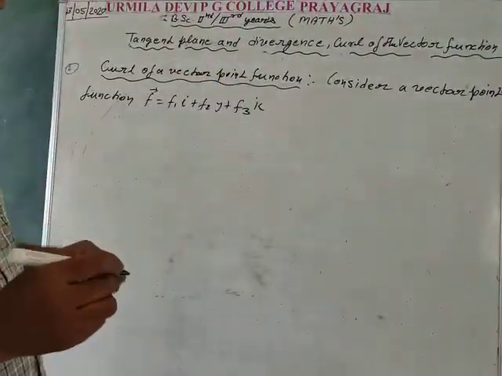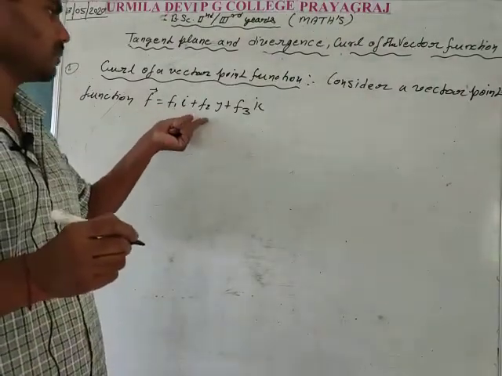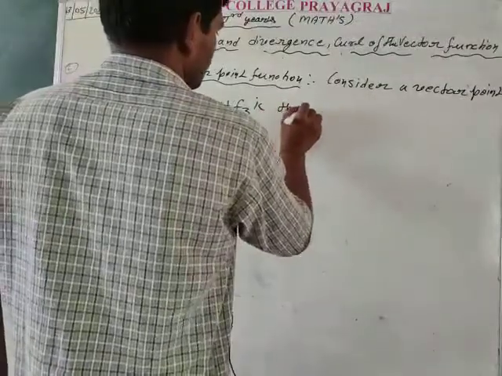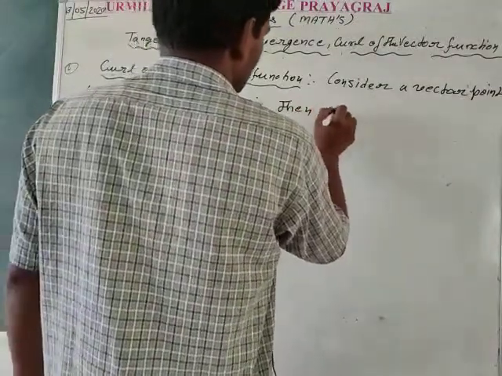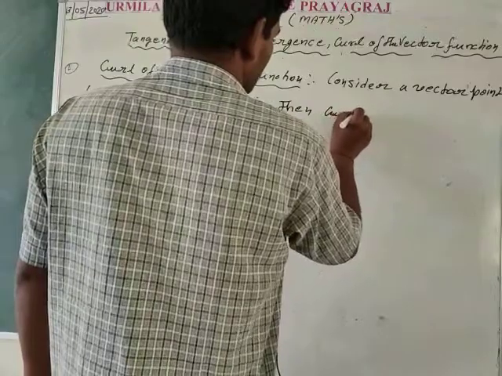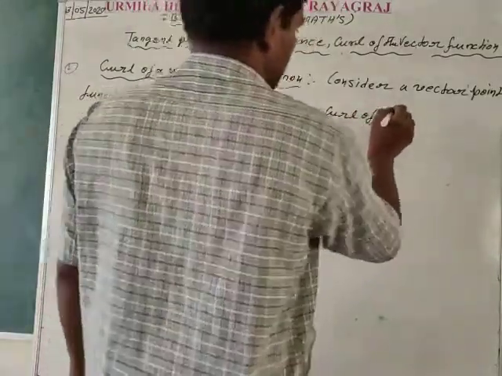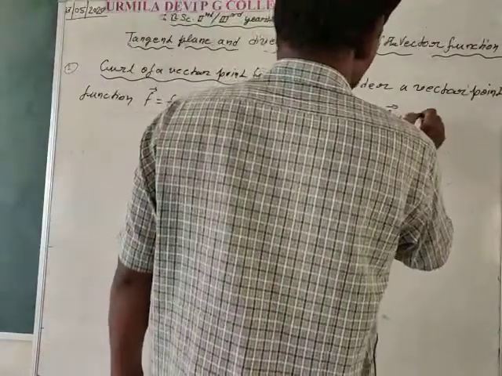F is a vector point function whose value is f1 i plus f2 j plus f3 k. Then the curl of vector point function F is defined as